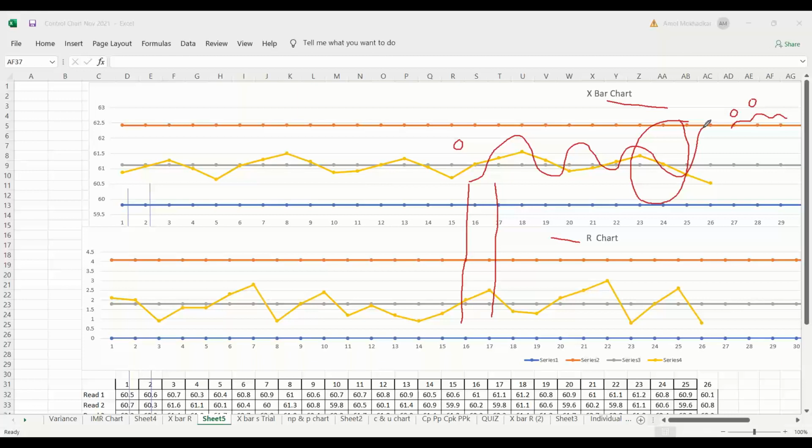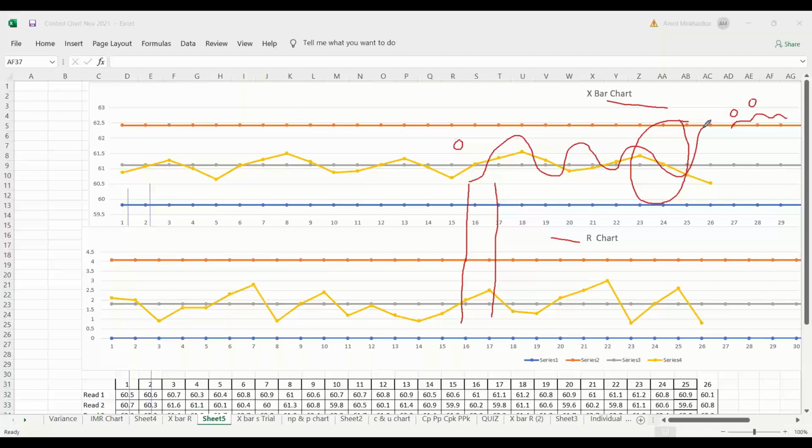Special causes, nobody knows, it may happen any time, even after preparing the control chart. After some time it can happen, okay, but the variation which is because of the common causes, that should be captured. So normally if you take around 25 or 30 data, it captures, because your sampling plan will be based in such a way only.